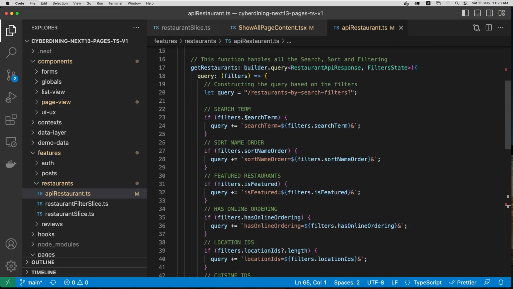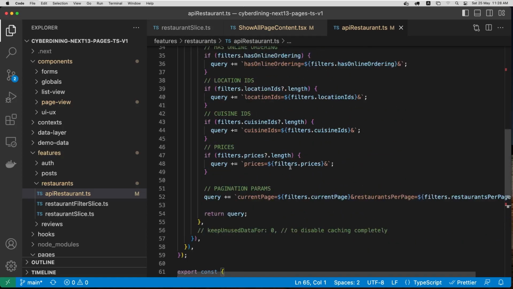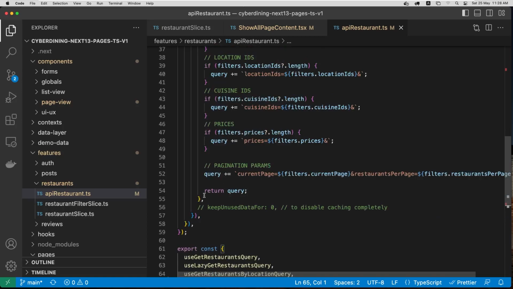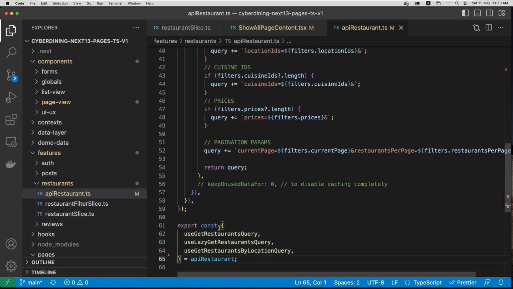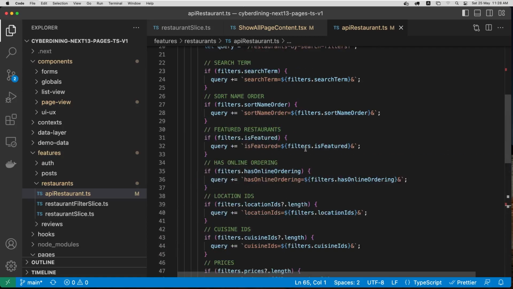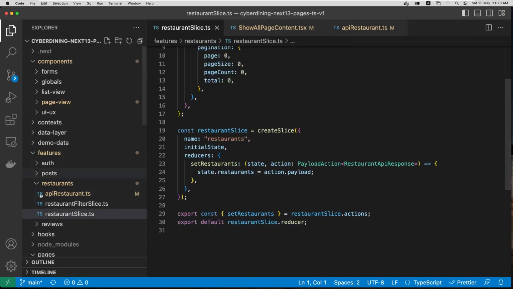As you can see here, based on that, we're updating our entire query, plus equals. So we're going to send the entire query, and we're going to return it upon invocation of this method. And when we do, our data changes according to the filters, and we utilize this function in this restaurant filter